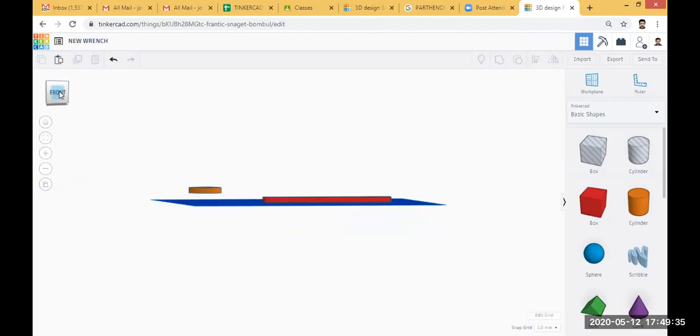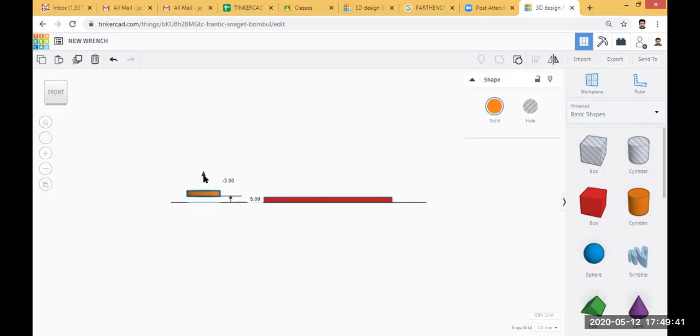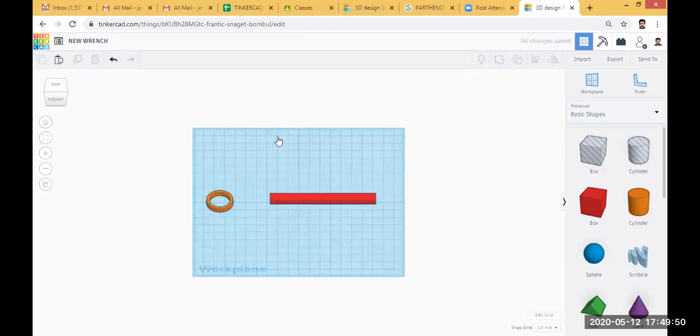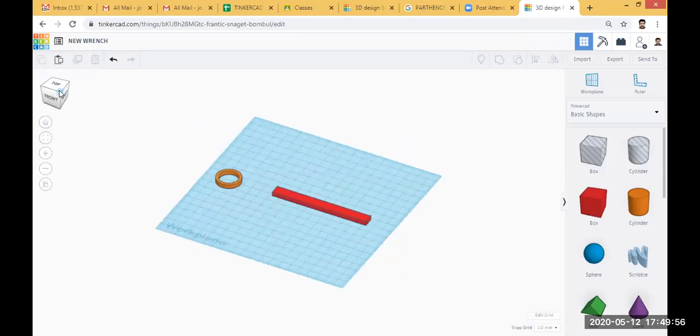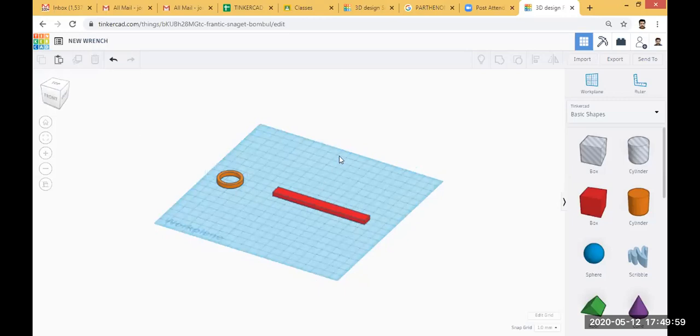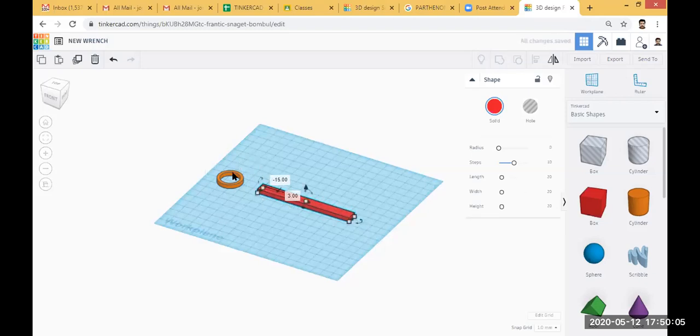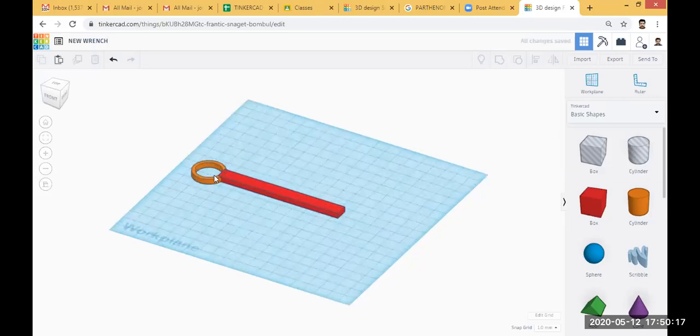So you can see a ring and a handle. Okay, then the next option is, okay, so I will select this.